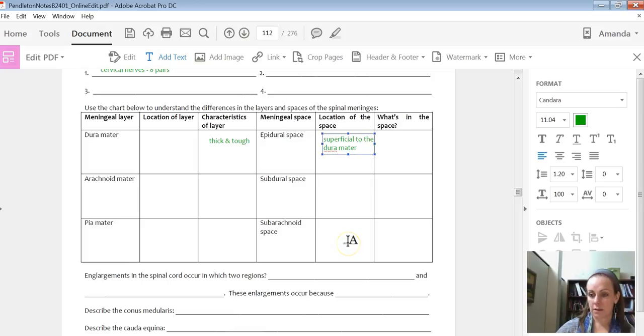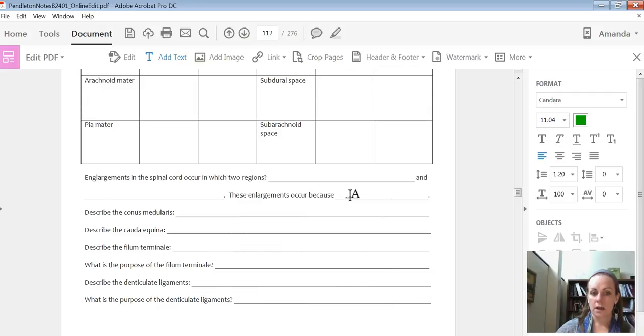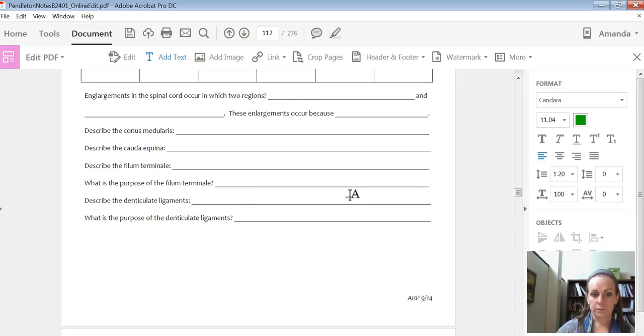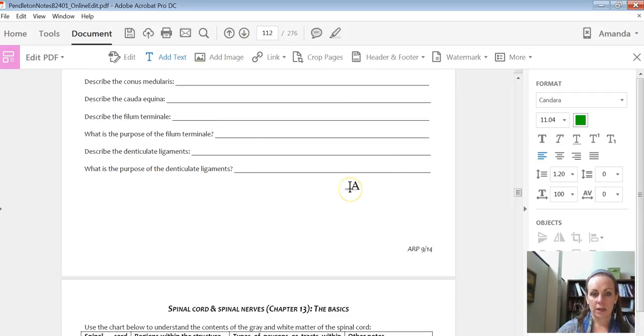I've described all this in the lecture content, so see how well you know it, and go back and see if you can look for this. We've talked about all